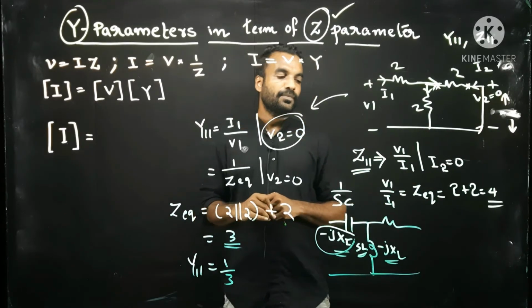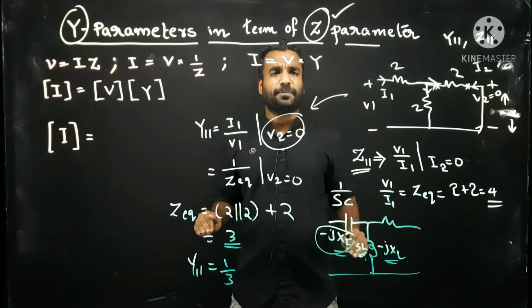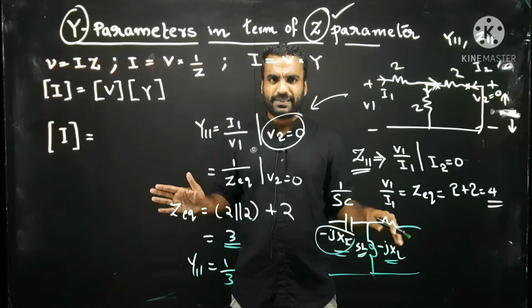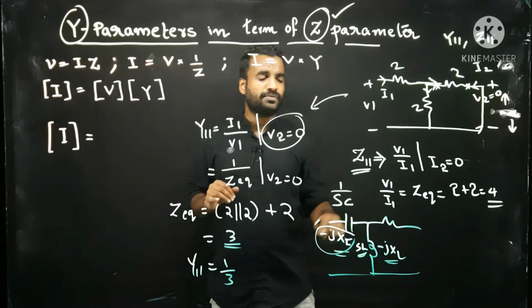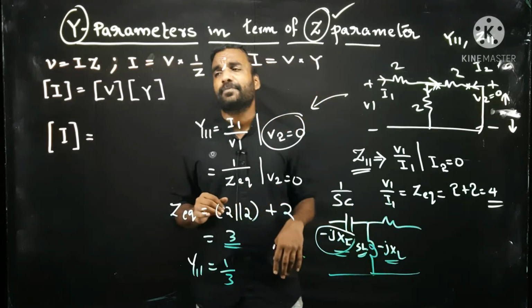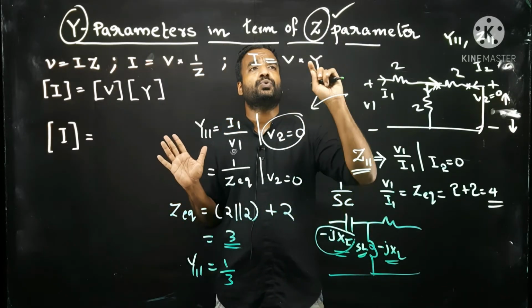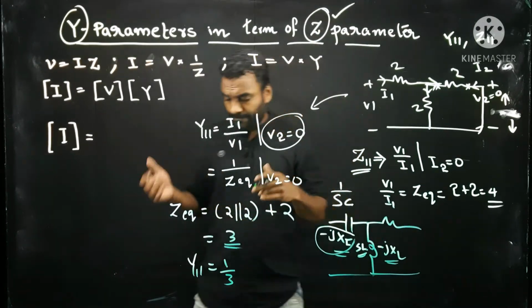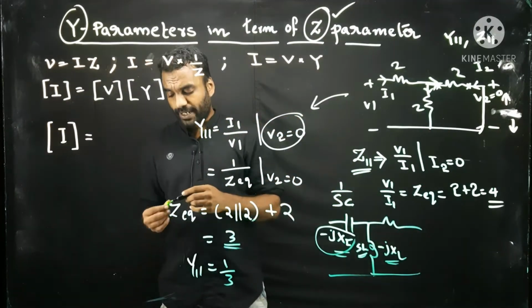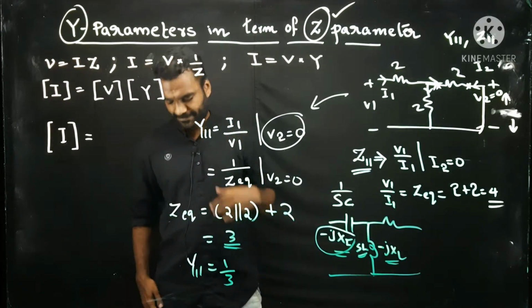Okay. So in such complicated problems, anyhow, this method you please leave, I will explain it in detail. For such complicated problems with inductor, resistor, capacitor, etc., I will always suggest you to find the Z parameters initially and then convert to Y parameters. That will save your time. Okay, let us move to this derivation.